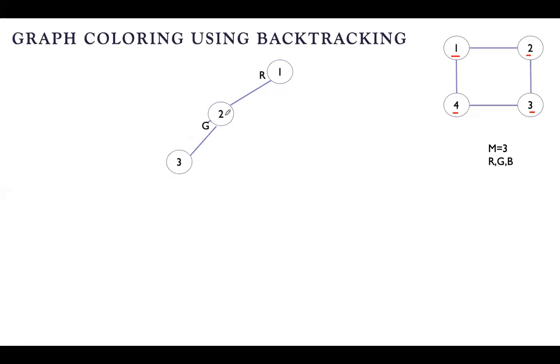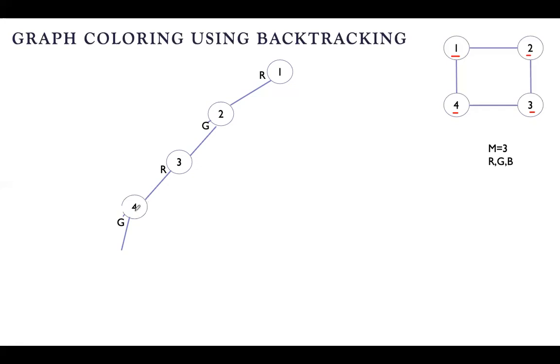Next, vertex 3. Again, for vertex 3, it is depth first search. You have to start with red only. I will try red. Is red possible? Yes, red is possible. These two are not adjacent, and 1 and 3, they are not adjacent. These two are adjacent, but the color is different. And 1 and 3, both are red, but they are not adjacent. So red is allowed here. Next, first I will assign red for vertex 4. Red is not allowed because 3 and 4 are adjacent. Next, I will assign green.